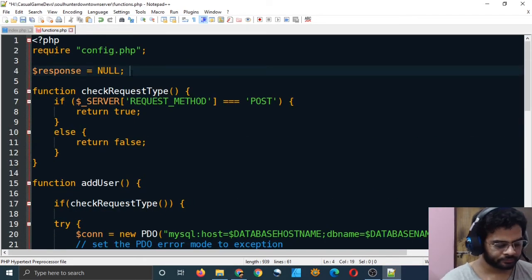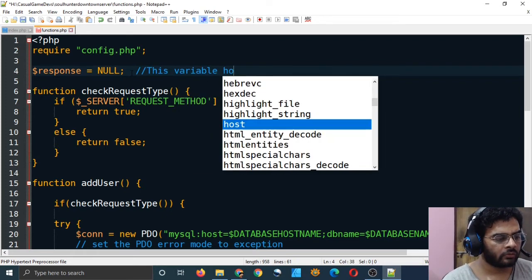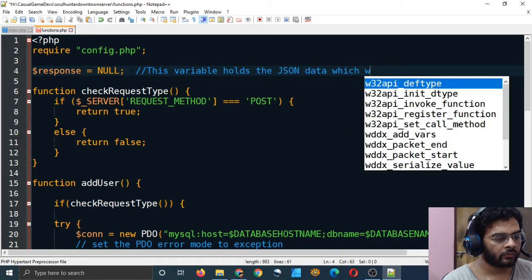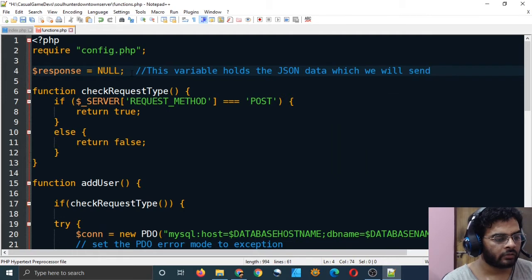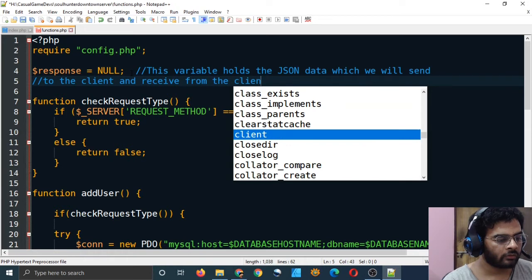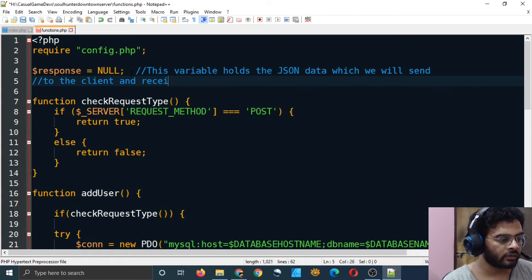Response is a variable. I will type a comment. This variable holds the JSON data which we will send to the client. Although, we will not receive JSON data from the client.